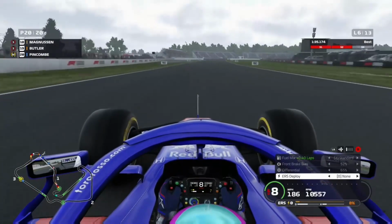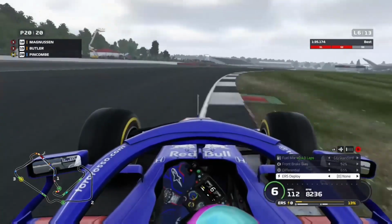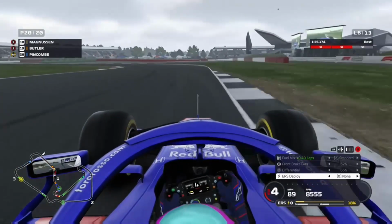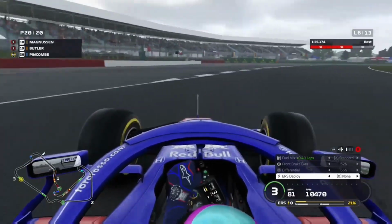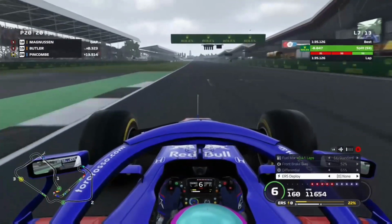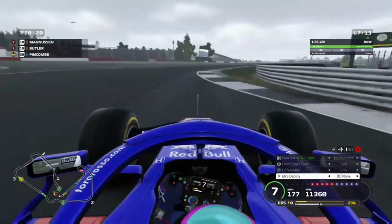There's a few cars coming into the pits now, I believe, so hopefully we can get an undercut here. But it doesn't actually look like anyone's pitting yet until the next lap, so we'll see what kind of performance we can have. We're not actually setting any personal best at the moment, so we're just going to have to hope that those guys are going very slow as well. So we actually do set a personal best, sector 3,